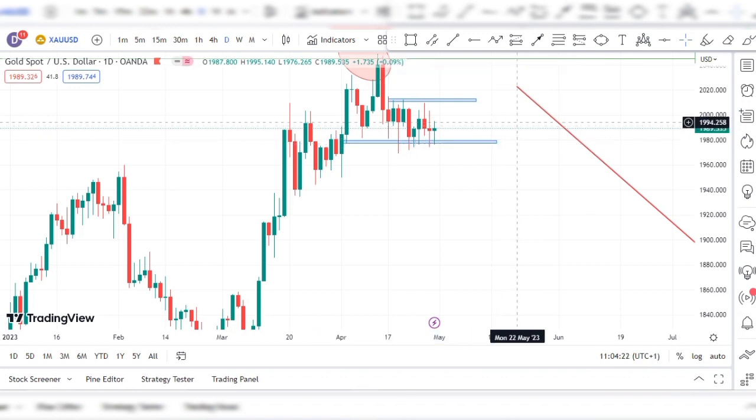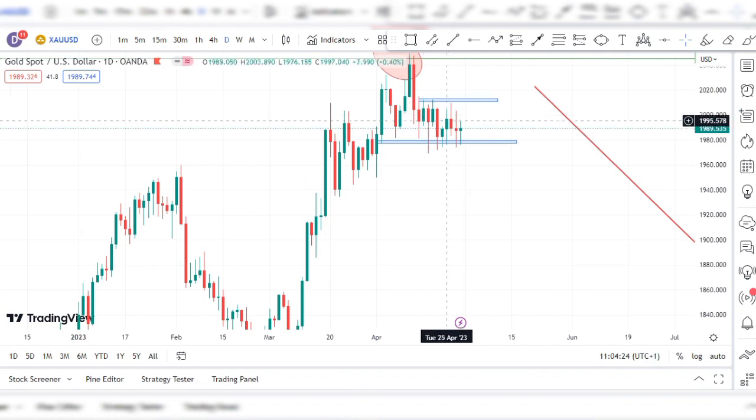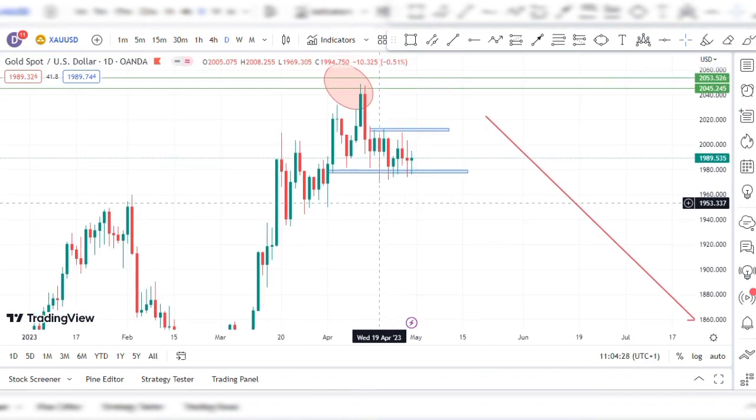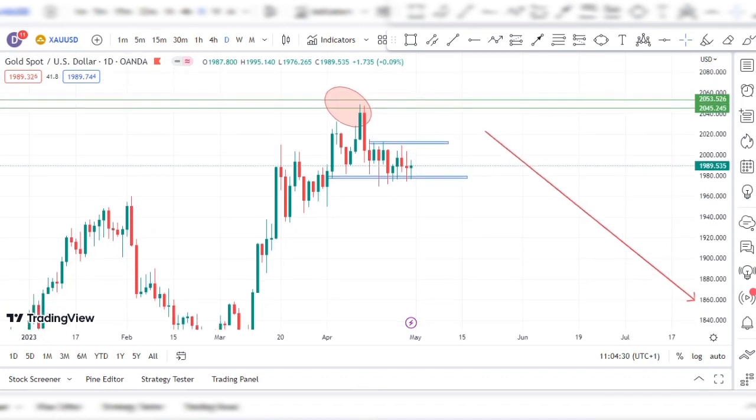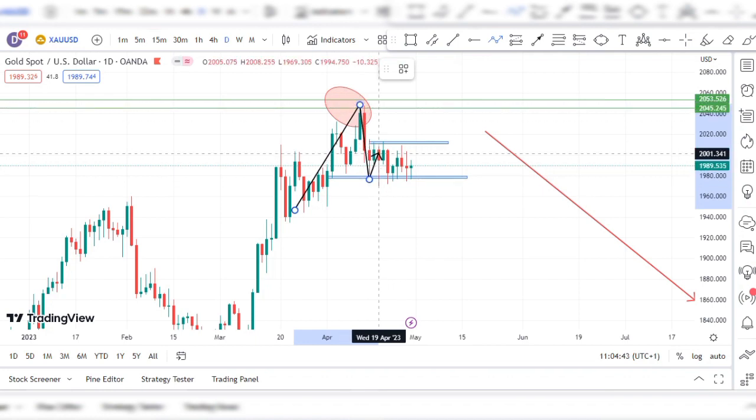And when we go down to the 4-hour time frame where we normally take our entry, we'll have a closer look at that. Okay, now looking at the daily time frame, you can see that when price got into that zone there, you can see the engulfing candle that price formed. Okay, so price got up there, formed this lovely engulfing candle, came back down, and then has now been ranging